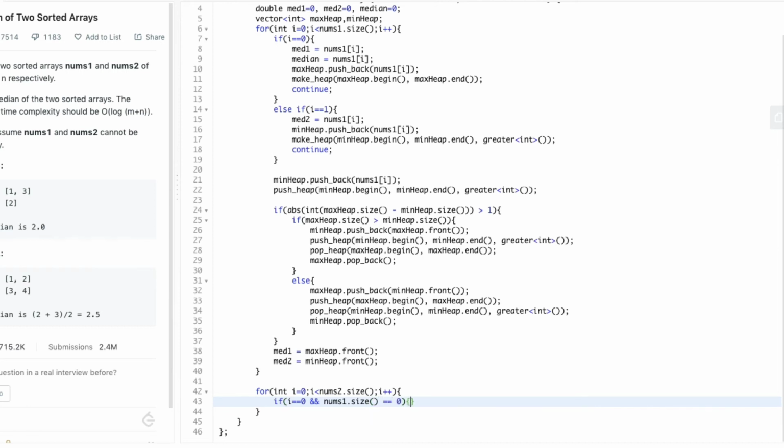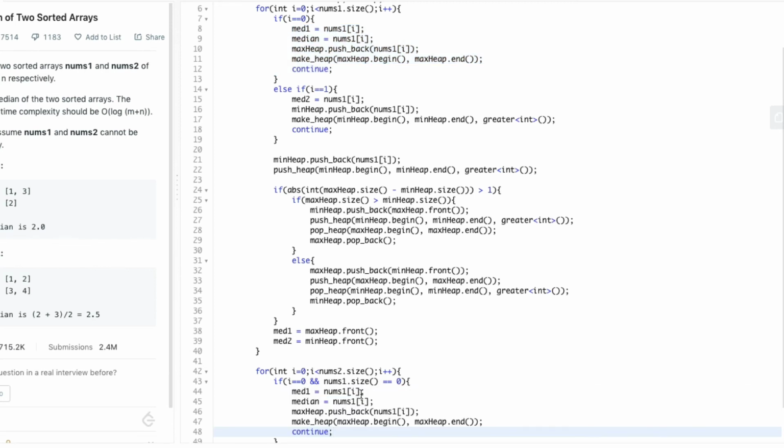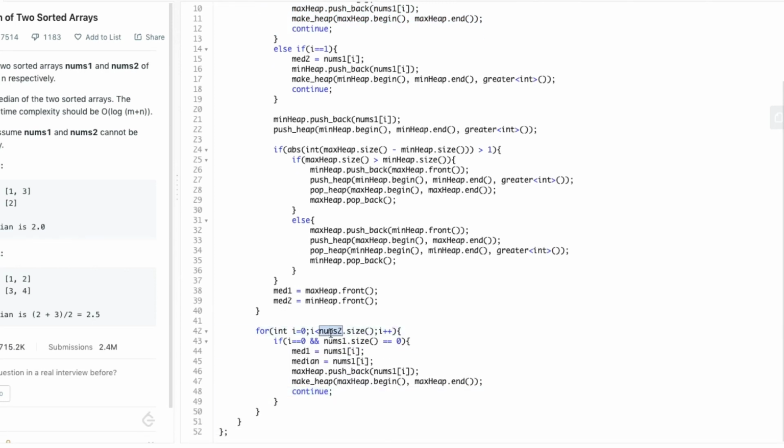That is, the first array nums1 is empty and i points to the 0th location. Then we update the values of mid1 and median as nums2 of i. And we also push the element nums2 of i into the max heap.